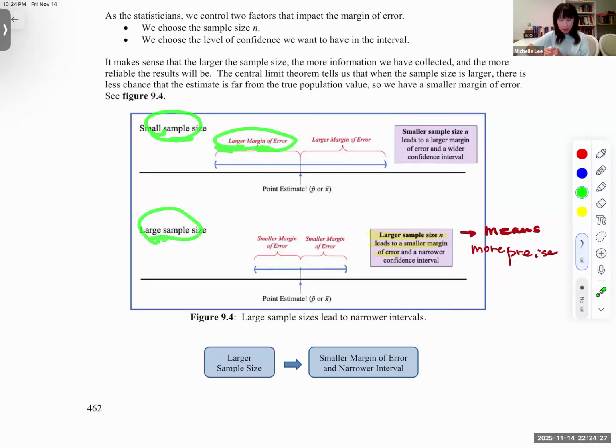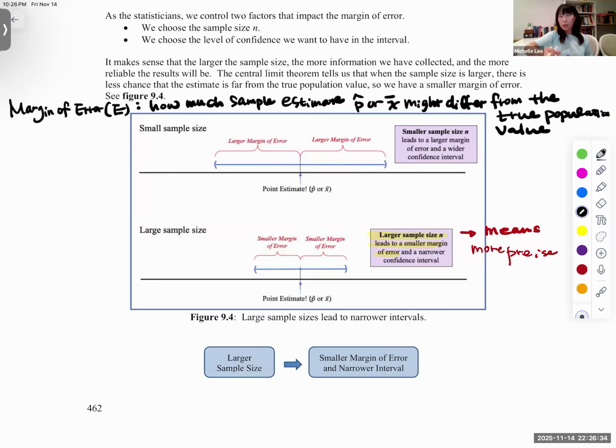Why does a large sample size lead to a smaller margin of error? Because the margin of error means how much the sample estimate, p hat or x bar, might differ from the true population value, which is p, the population proportion,